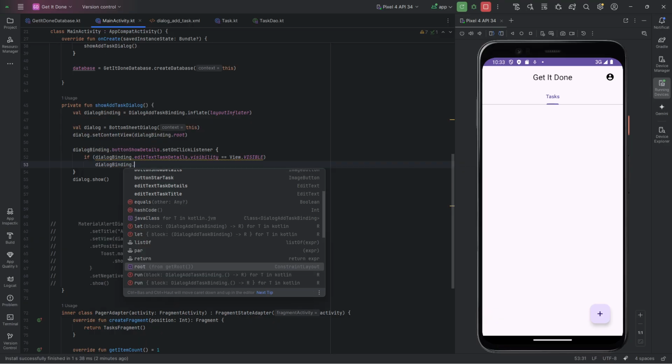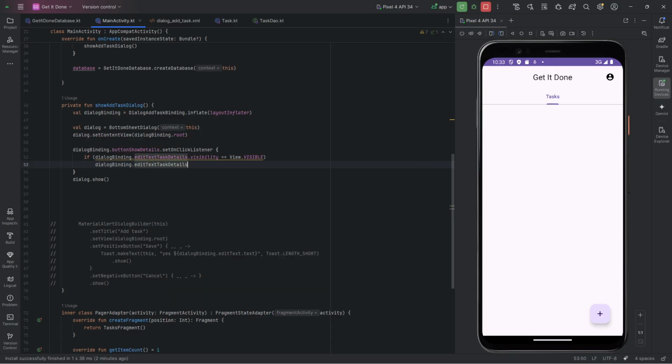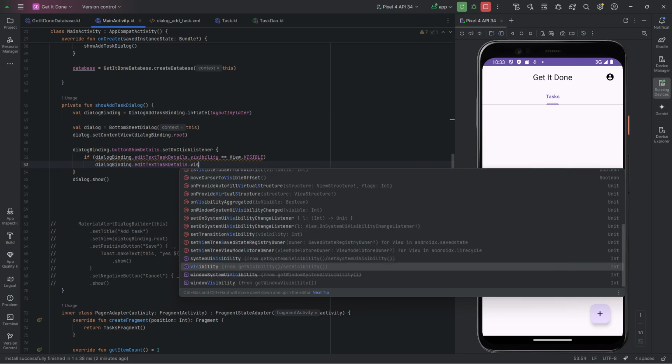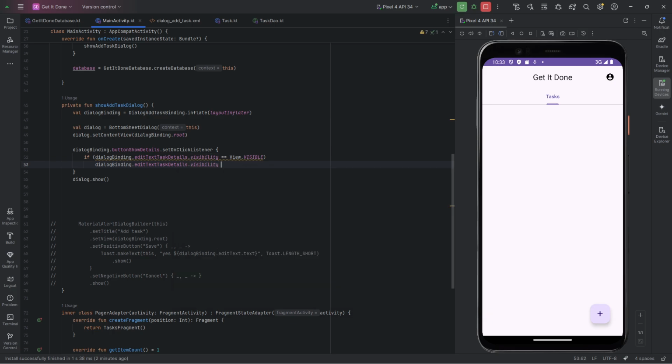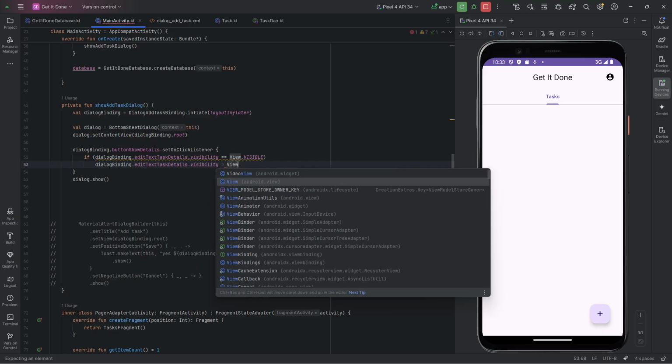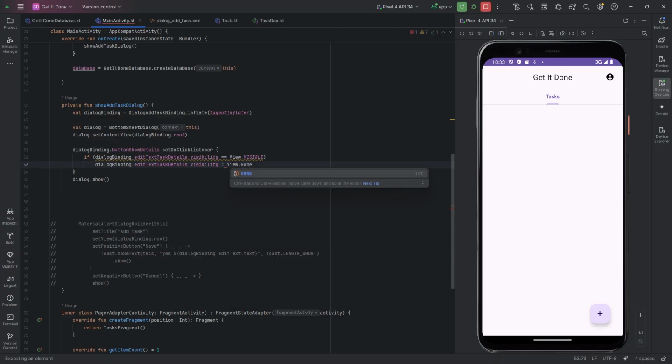Possibly. Another way we could do this actually is using an if expression. So instead, let's try this approach. Dialog binding dot edit text task details dot visibility equals, and then we'll do the if statement here. If the dialog binding dot edit text task details dot visibility equals view dot visible, then view dot gone, else view dot visible. Do it as a one-liner, and I can delete this. Doing an auto format will put that on a new line, as it is quite a long line, but that's okay. So you're free with your